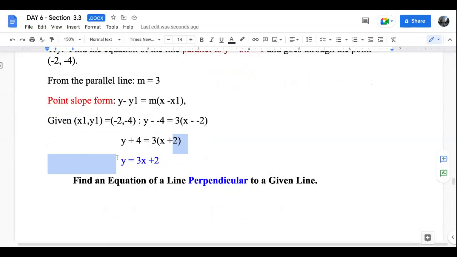Then we can simplify a little bit to get the y-intercept form, right? So y equals 3x plus 2. How did we get 2? Well, we distribute the 3. 3 times 2, that's 6. Then we move this 4 to the other side, it becomes negative. So we have 6 minus 4, which is 2. Okay, this is how to find slope from its parallel line. Parallel lines have the same slope. Now next,